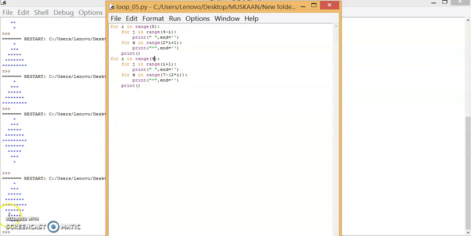Now you notice there are 7 stars, then 5, then 3, then 1. Earlier you were doing 2 star i plus 1, but now you have to subtract an even number from an odd number, and I guess 7 is the most appropriate choice. If I am subtracting 0 from 7, then I get 7 stars. If I subtract 2, then I get 5 stars. If I subtract 4, then I get 3 stars, and when I subtract 6, I get 1 star. So I get my coding like this, and the final print statement prints all of it.